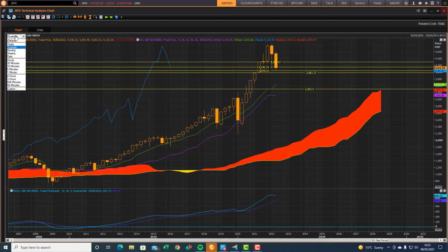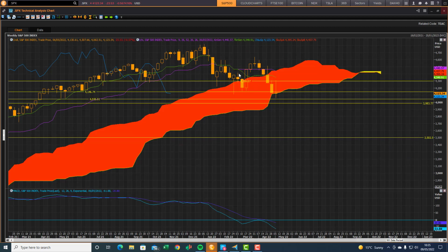But from a short-term swing trade perspective, there are some swing trade opportunities, but the long-term sell signal is still in place there. And if we don't get a rebound here, then it's definitely a double confirmed cloud chart sell signal if we move below the bottom end of the cloud. There are swing trade opportunities if support comes in at this level, back up to these front end cloud chart resistance zones. So if the market rebounds from this bottom end cloud chart support level, then the next upside resistance targets would be the front end of the cloud, that zone there,